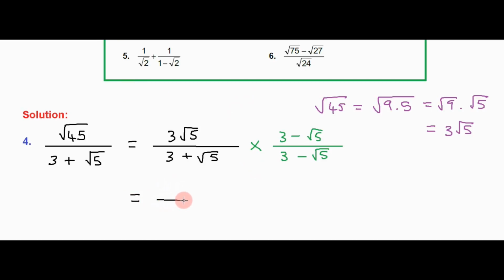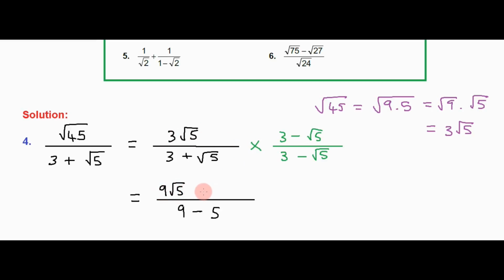So now we multiply out the numerator and the denominator. In the denominator, we have a difference of squares, so it's 3 squared, which is 9, minus root 5 squared, which is 5. And then we multiply out the numerators, so 3 times 3 is 9, so we have 9 root 5,